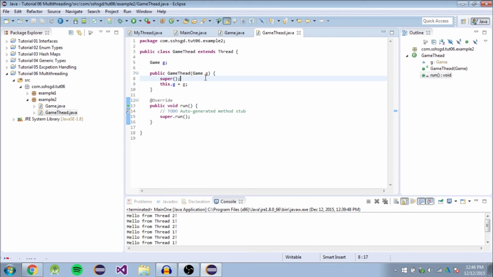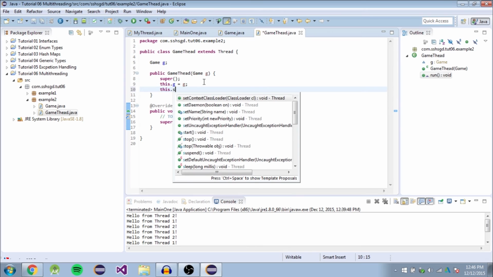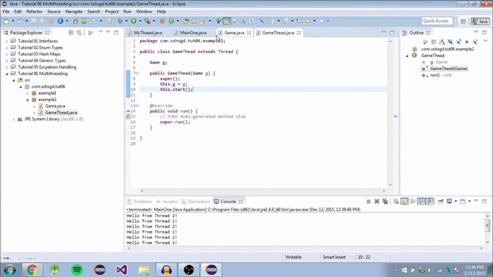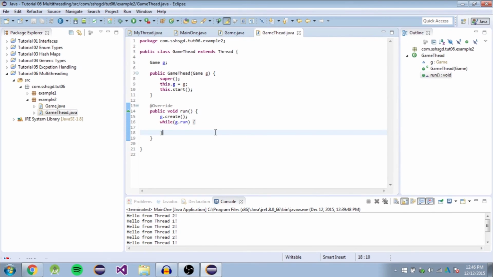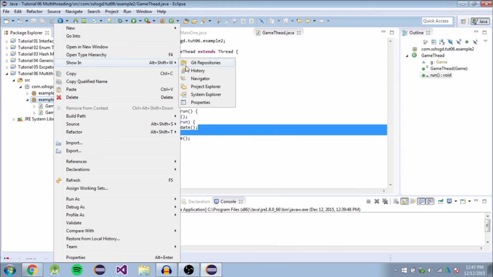And actually, let's just go ahead and call this.start, just so that you don't have to call it every time, because we know when we make a game thread, we're going to run a game. So let's do that. So, g.create. While g.run, so as long as g is true, so as long as this does not get called, this will always run. Then g.dispose, and g.update. So this gets called before the loop, this is during the loop, and this is after the loop. So now if we have our main class